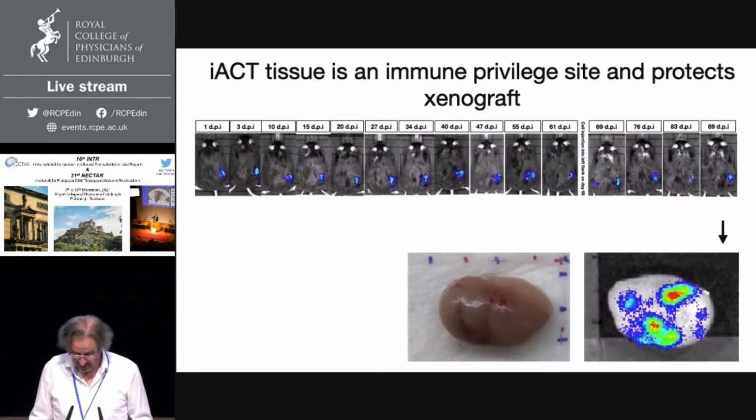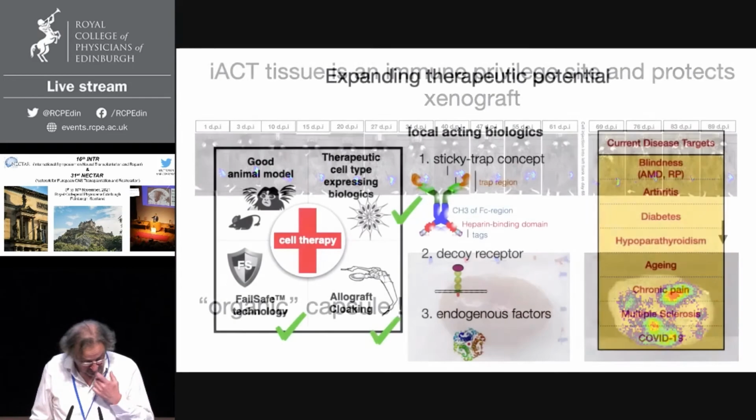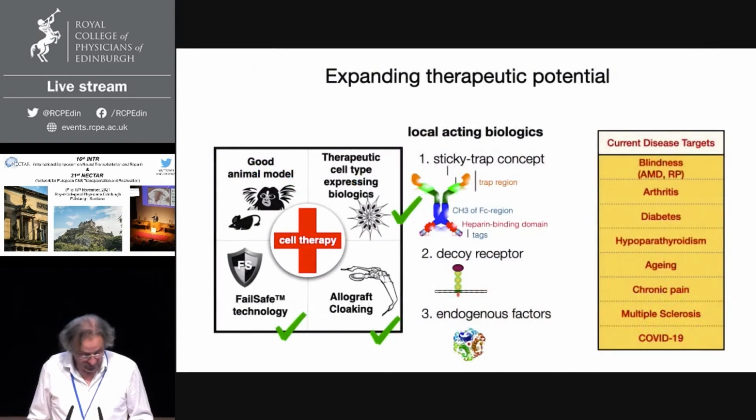Just to show you how the teratoma looks when the human cells are inside. So this is like an organic capsule, which is fail-safe and protecting the xenogeneic cells in an animal. I just quickly showed you a few things, so this is what we have, a solution for fail-safe and allograft cloaking. If you touch the genome, you start thinking, okay, why don't we go a little bit further